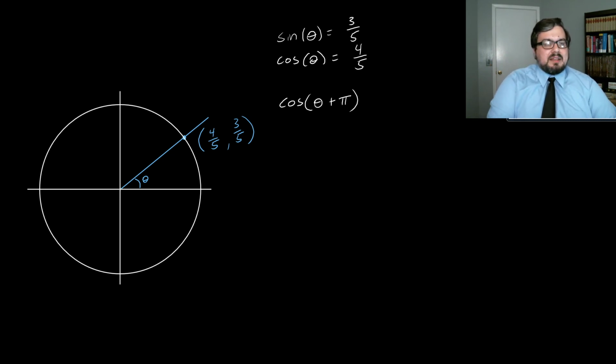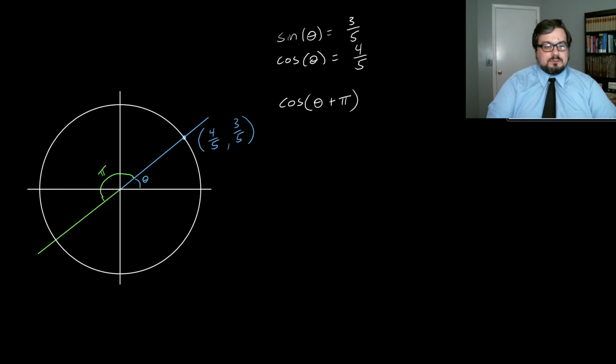Now, what this does can be interpreted in terms of the graph, in terms of the unit circle. If I look at an angle of theta plus pi, that involves moving an angle of theta like we have, and then moving an angle of pi, which is exactly halfway around the circle. What that means is that the angle theta plus pi is going to be exactly opposite